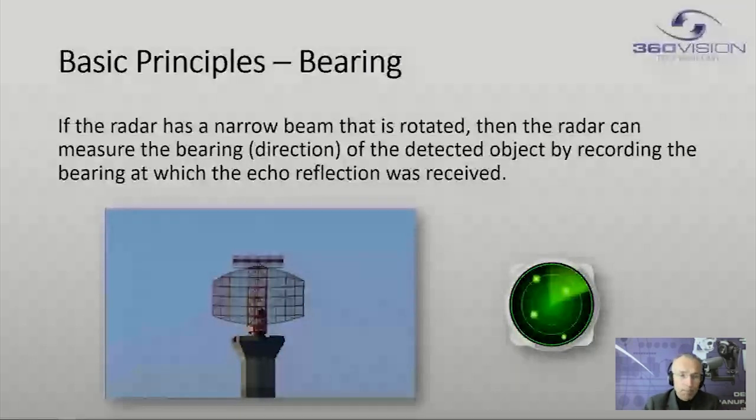Now, in the solution of looking at objects such as planes, ships, etc., most are fitted with transponders, so they receive radio energy, recognize the fact that it is a liner or aircraft, and they respond with information as to who they are and where they are. But of course, in a security application, we're not expecting that, so we are relying on those core principles of range,